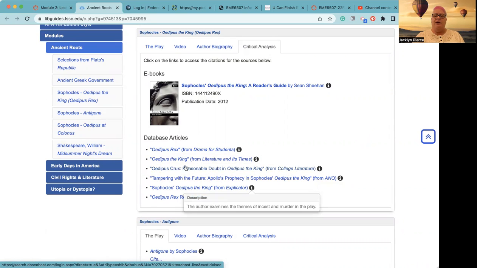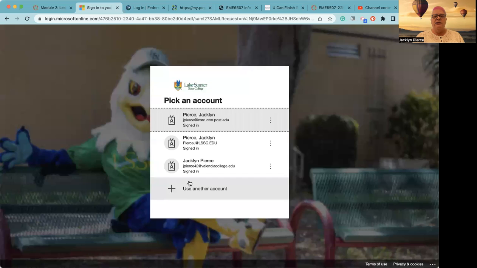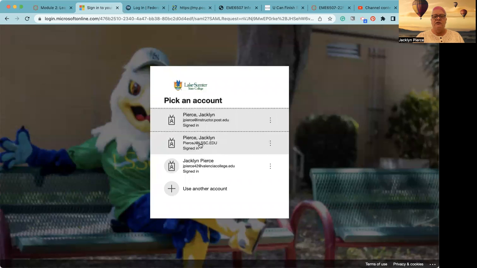And then if you have quotes, you would use in-text citations the same way you would in a paper. I'm just going to open one of these because, of course, all these are library sources and they come with citations pre-made for you. So you don't have to invent the citation, but you do want to include it.